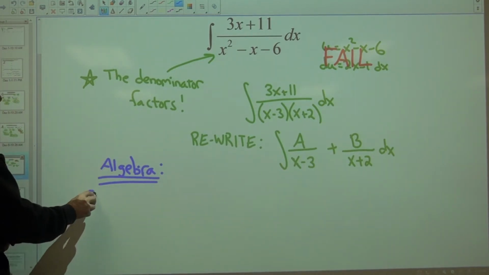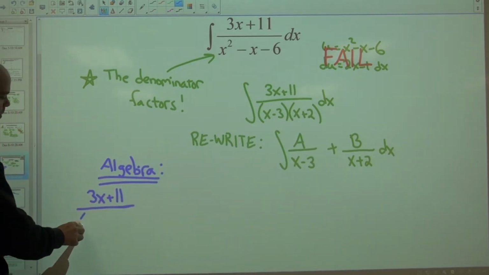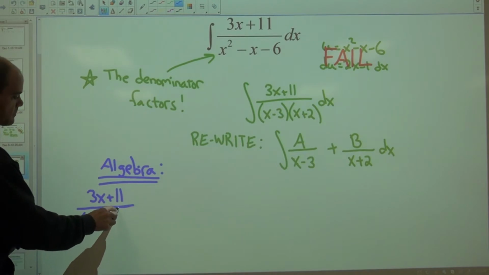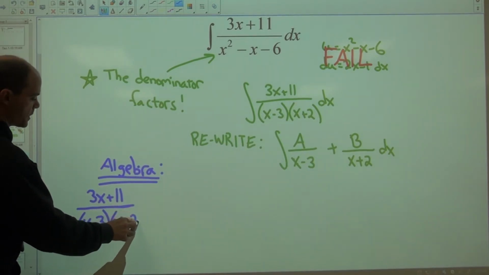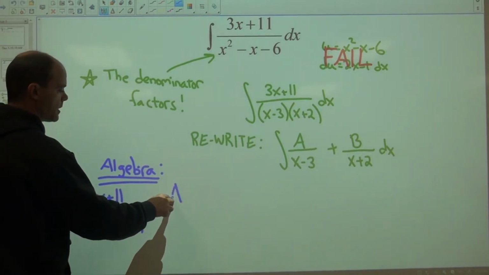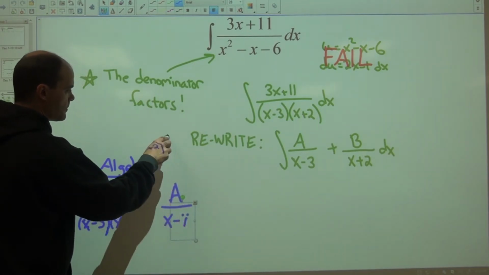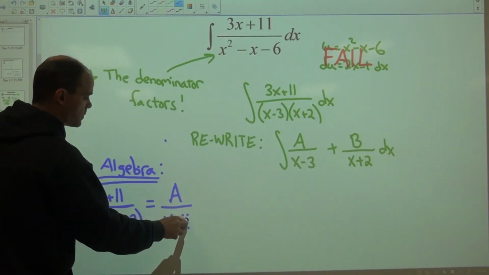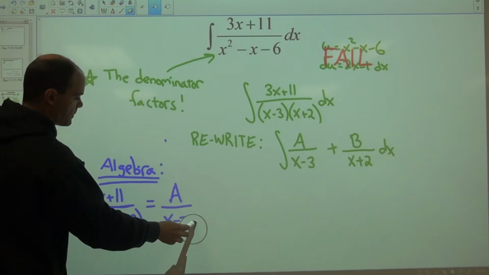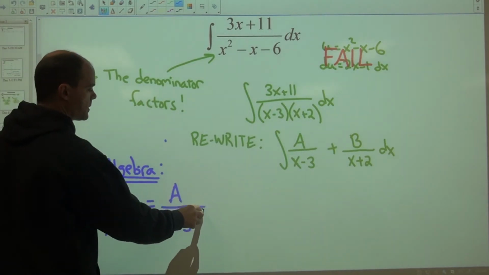So I need my original 3x plus 11 over x minus 3 times x plus 2 to be equivalent to what I'm trying to make happen: A over x minus 3 plus B